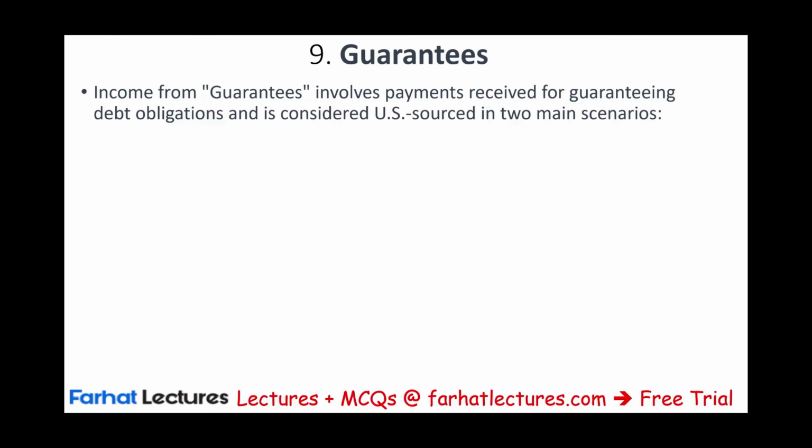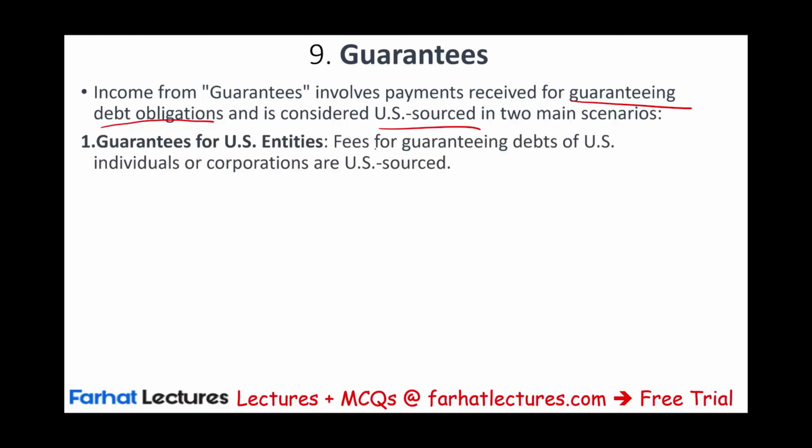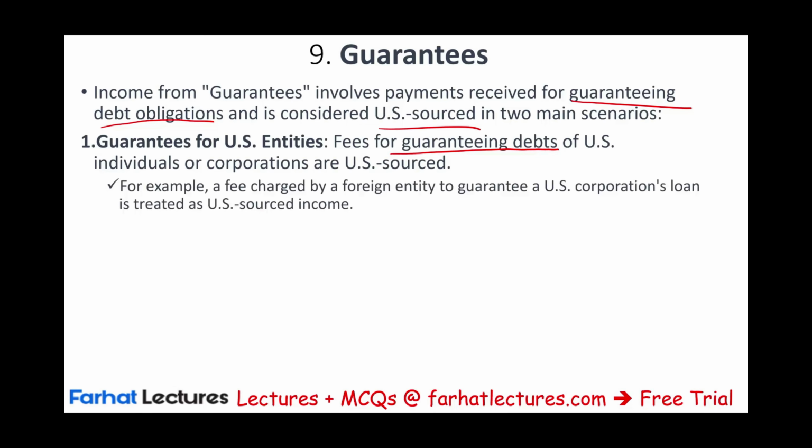Guarantees. Income from guarantees involving payment received. So if you receive the payment for what? For guaranteeing a debt obligation, well, that's considered US sourced income. What's guaranteeing? Fees for guaranteeing debt for a US individual or a corporation. So someone paid you a fee to guarantee the debt for a US corporation or individual, that's US sourced